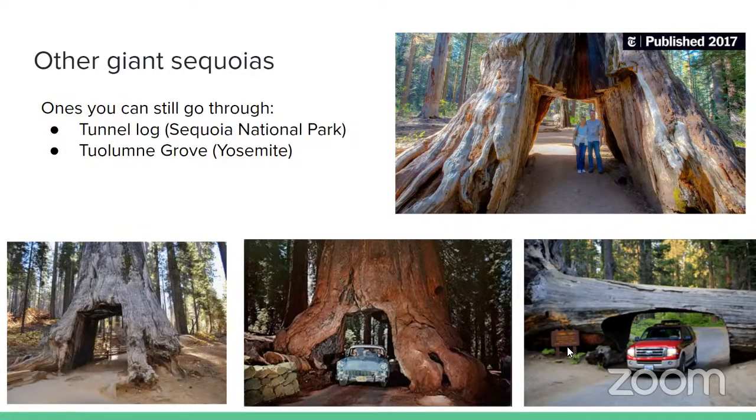But there are still two that you can go through. This fallen log you could go through. This is in Sequoia National Park. If you hiked out to the Tuolumne Grove in Yosemite, this tree is technically dead, but it's still standing. So you could still walk through it, ride a bike through it. So if you're looking for vacation ideas, you want to get a picture with a cool tree standing inside a